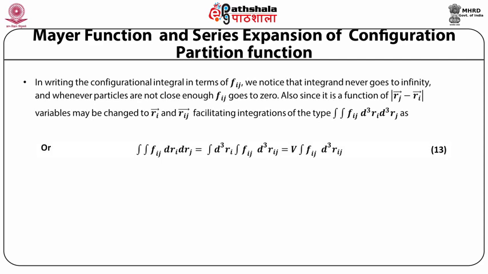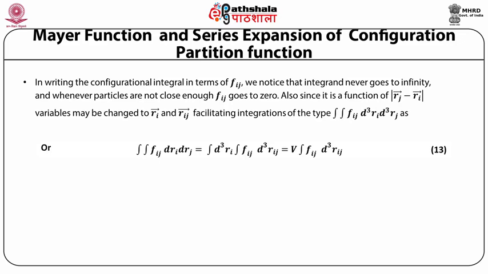In writing the configurational integral in terms of fij, we notice that the integrand never goes to infinity, and whenever particles are not close enough, fij goes to 0. Also, since it is a function of the modulus of rj minus ri, variables may be changed to Ri and rij,